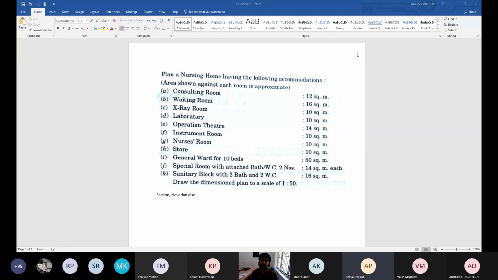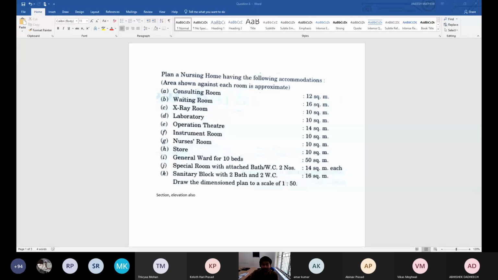Sir, the total built-up area is not given here. That's why they have given everything individually, so accordingly you can do these small arrangements, no problem. The site area is different, and the built-up area is different.